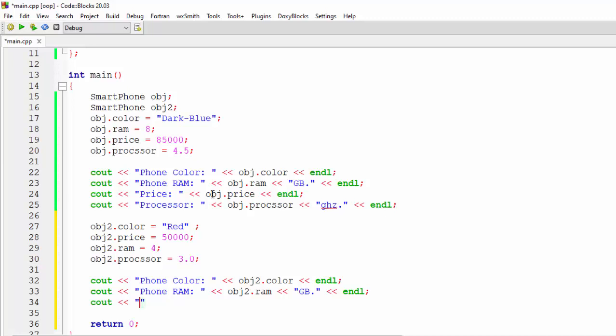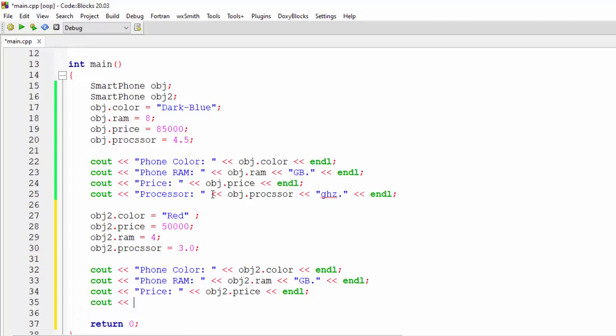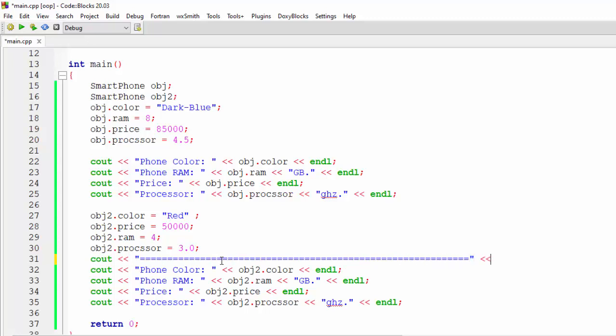After that I will say price is equal to obj2 dot price and endline. After that the last thing is processor is obj2 dot processor, and here I will say gigahertz. Okay. Now to differentiate them, I will print a line between them so you can differentiate. It's just for explaining to you.